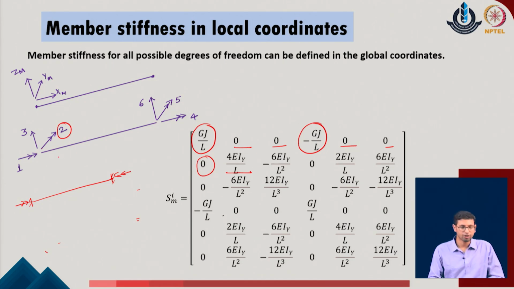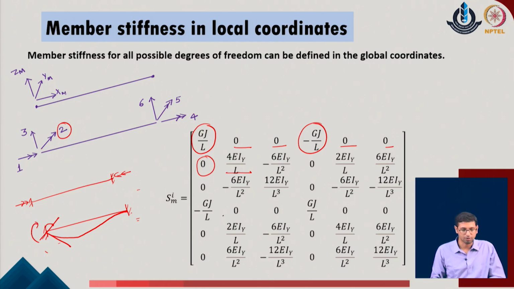So, as a second degree of freedom, we have defined this as the position of the positive rotation in the given system. So, if we define the positive rotation in this manner, which means that the member will bend in this way. So, this is the possible rotation which the member will take, and that is where the member coordinate will bend in this manner. And with this idea, we can evaluate that these will be the directions of the moments, which are 4 EIy upon L and 2 EIy upon L in the given system.